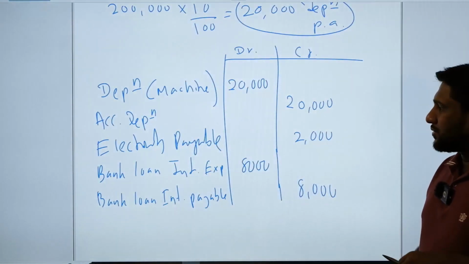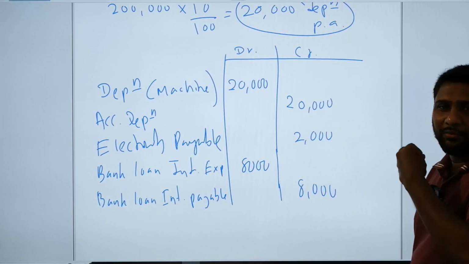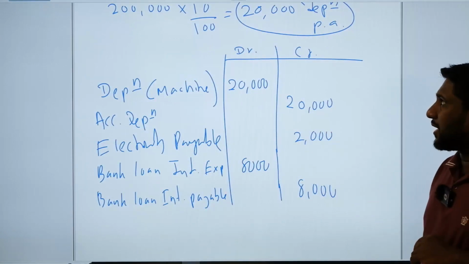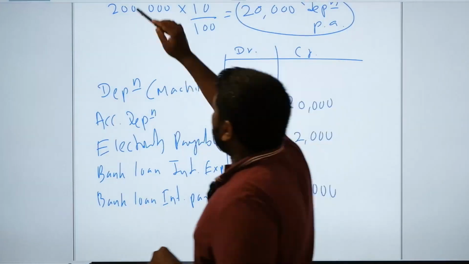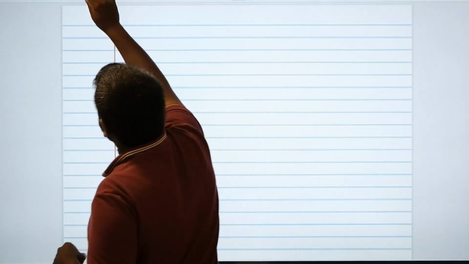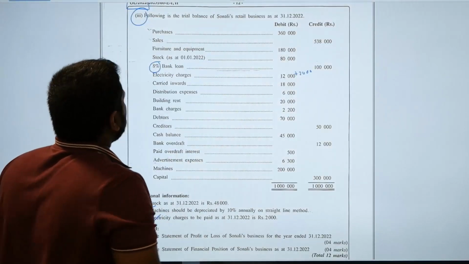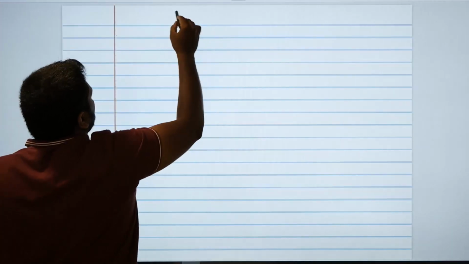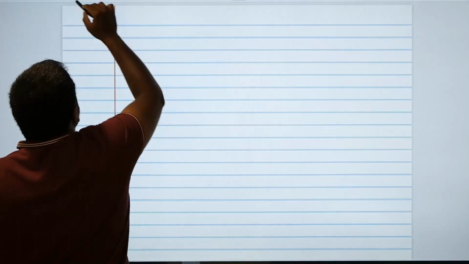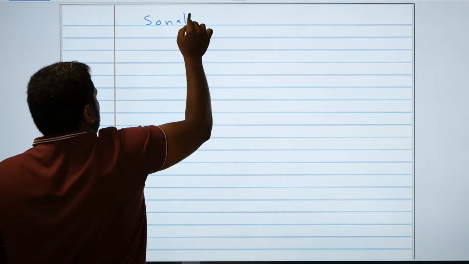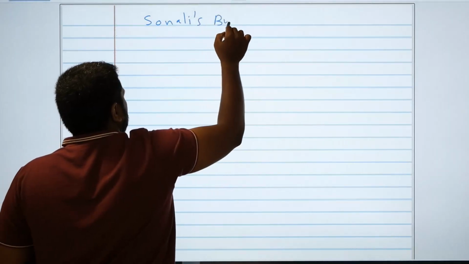Now your calculation is very simple. Once you are done with this, you can simply put down the format and finish off the income statement and the balance sheet. So let's quickly prepare. Whose business is this? Sonali's business. So you can write Sonali's business